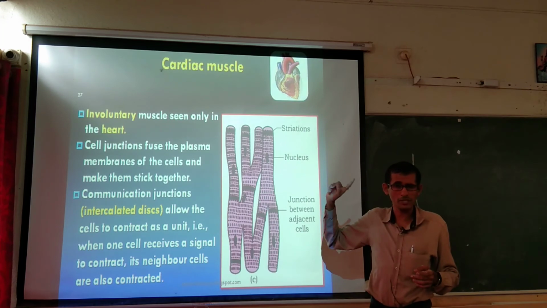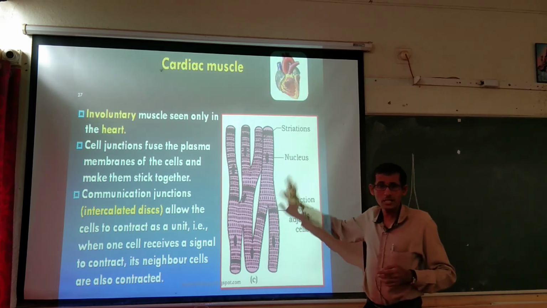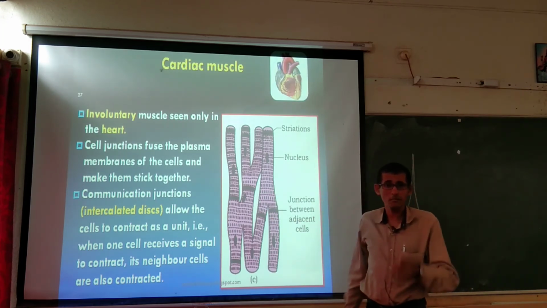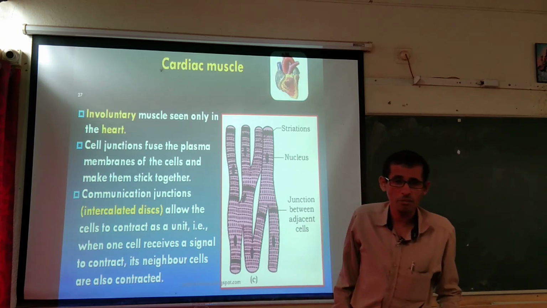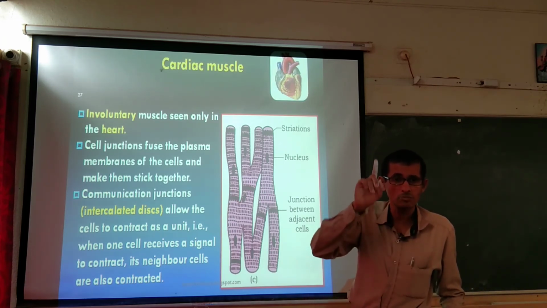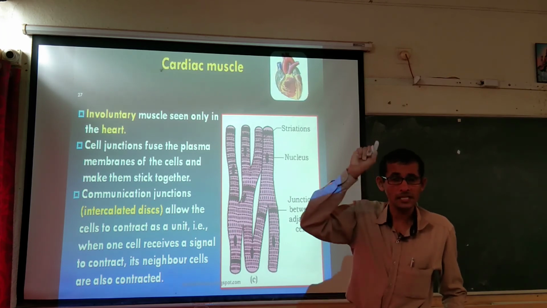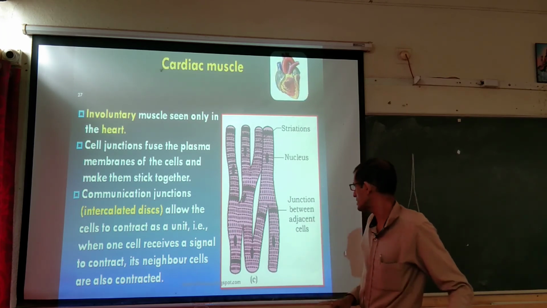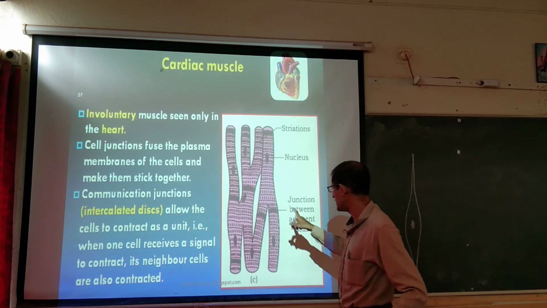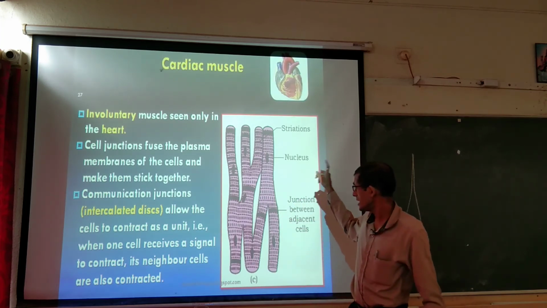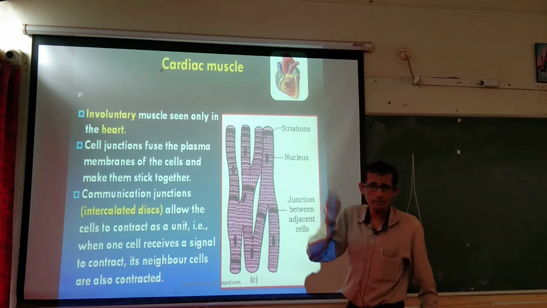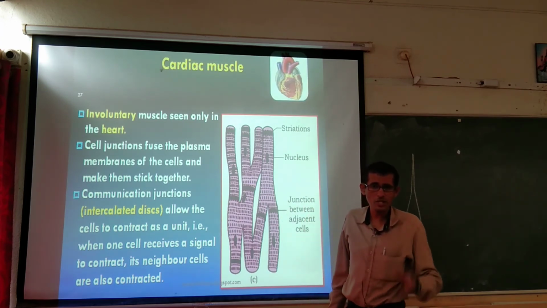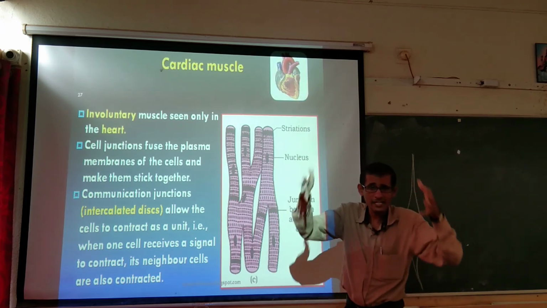Uninucleated, that is one important thing. Here it is uninucleated, in the smooth muscle also uninucleated, but in the skeletal muscle it is multinucleated. In the cardiac muscle it is uninucleated muscle fiber, and intercalated discs or junctional complexes are there that will facilitate the smooth functioning of the entire cardiac muscle